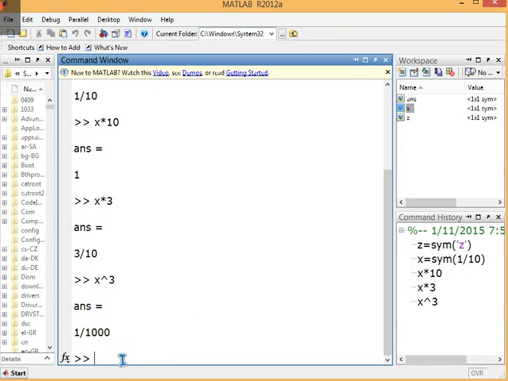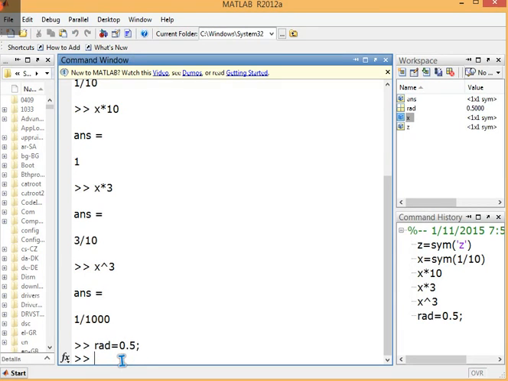I may define certain variables, and these variables may be defined like this. rad has value 0.5, and area has pi into radius square.